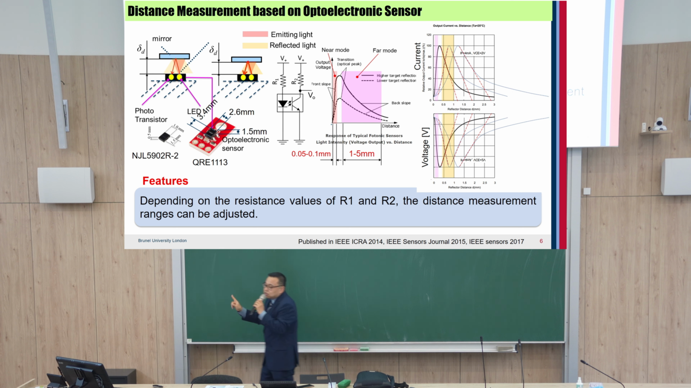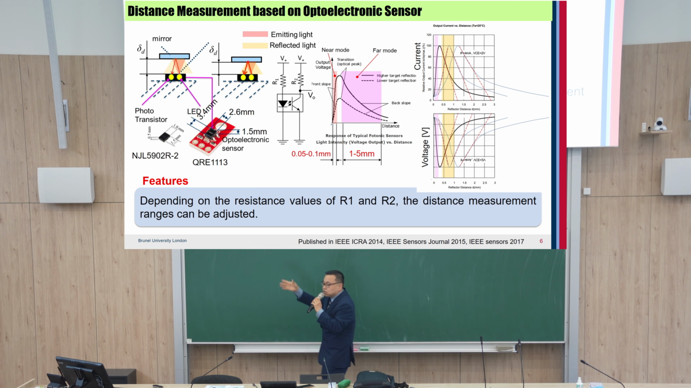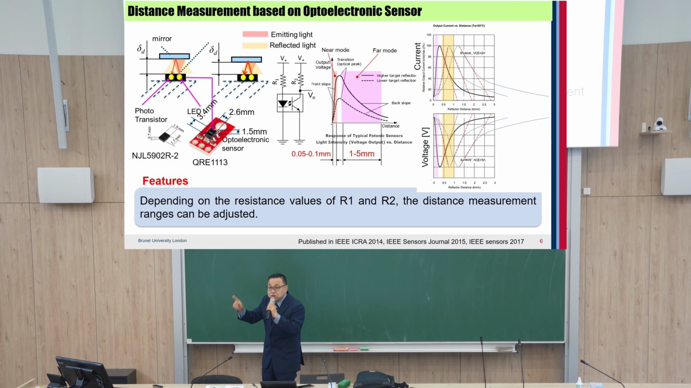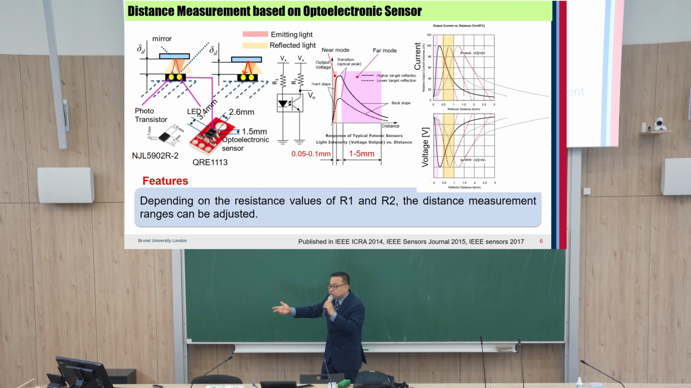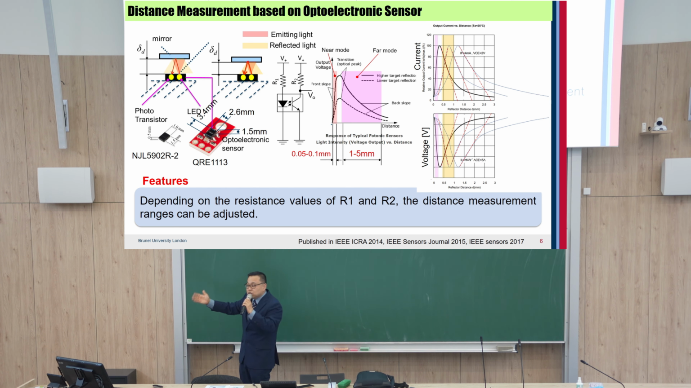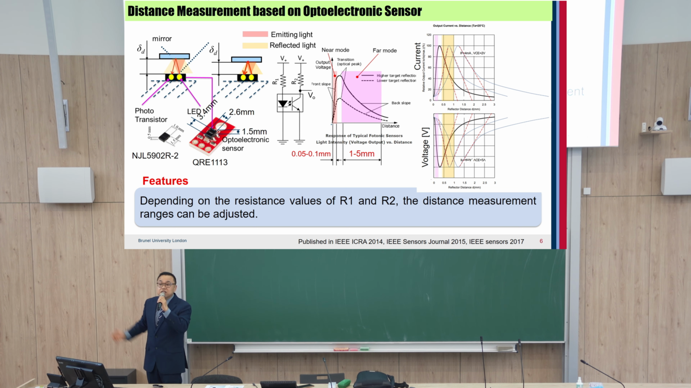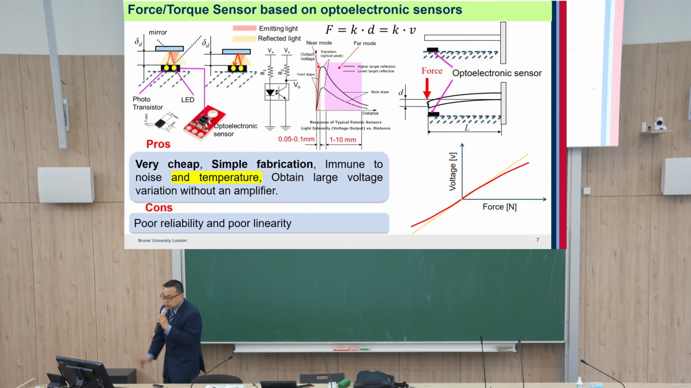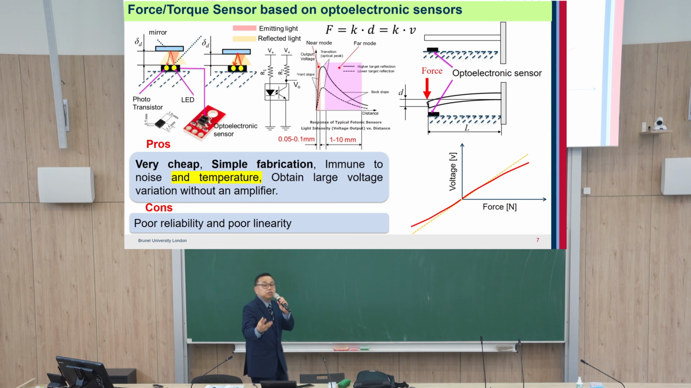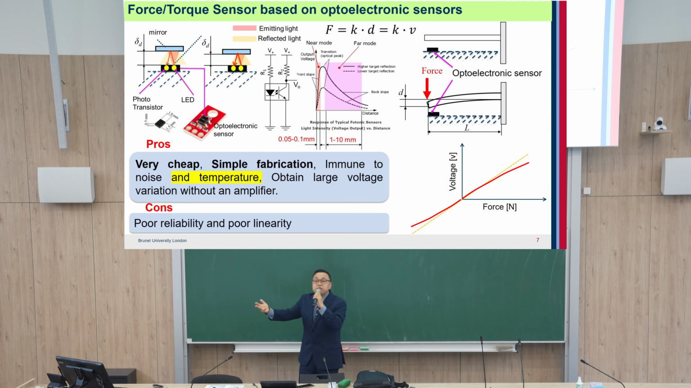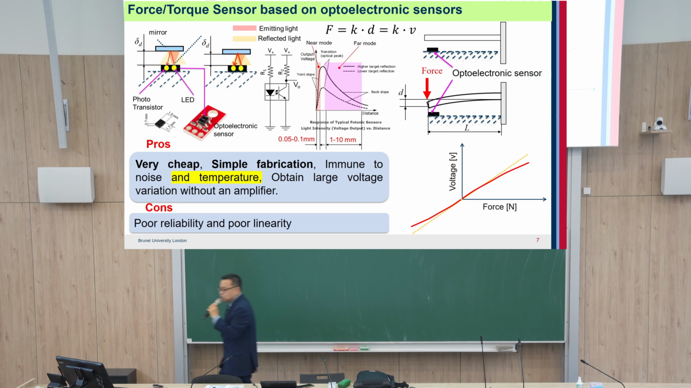So in this presentation, first I'm going to show this short measurement range for the force and torque sensor, and later I'm going to show this long measurement range, 1 to 5 milli, for the shape sensor. Okay. So first, how to estimate external force. For example, here,